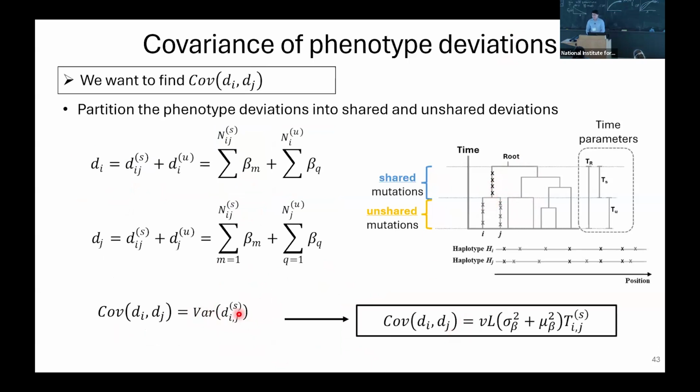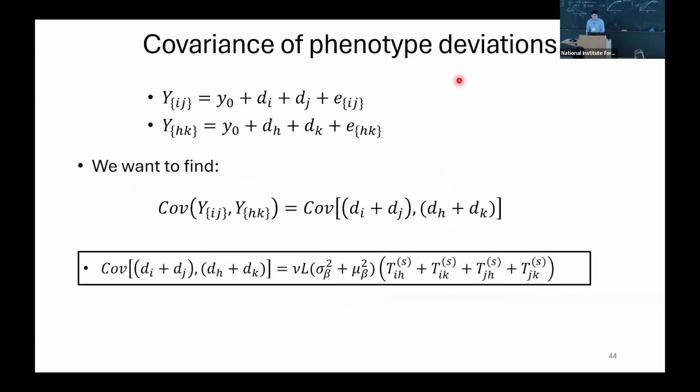And because we derived previously the variance of the deviations, we now know its form. The only difference is now that the time is not the time from present to the root, it's just the shared time. So that was for the deviations of two haplotypes, but now we need the deviation for the total phenotype of